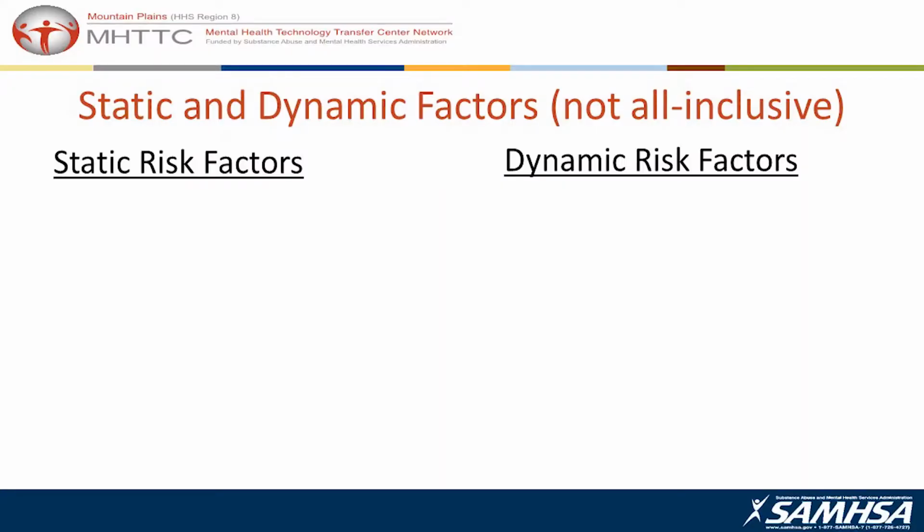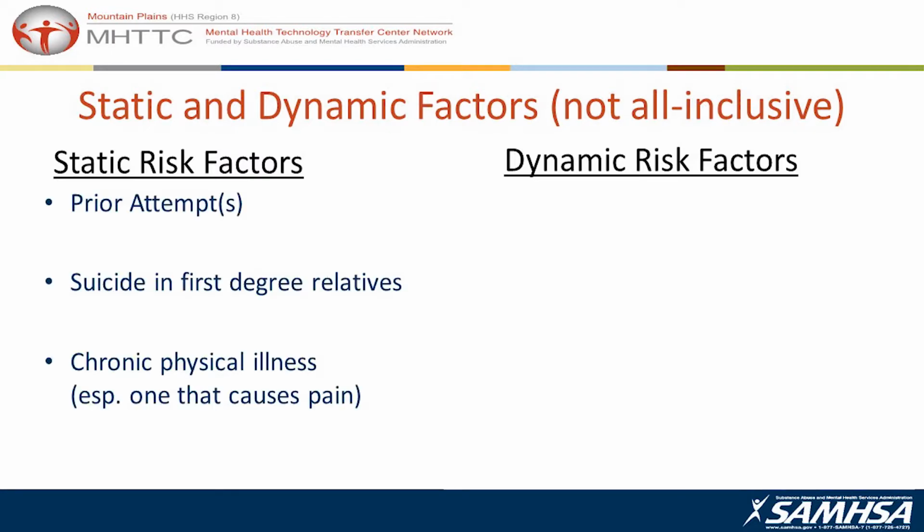So when we talk about risk factors, there are risk factors for suicide and protective factors. And there are static risk factors, which means they aren't going to go away. They're solid, they're there. And then there are the dynamic ones that are moving and that we hope to be able to intervene on. So for example, prior attempts. You can't take a time machine and go back and erase that. If somebody has had prior suicide attempts, that increases their risk. Suicide in first-degree relatives: you can't undo that. You can't pick your family, or what your family is going to do.